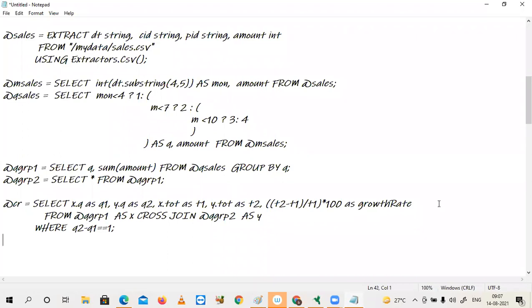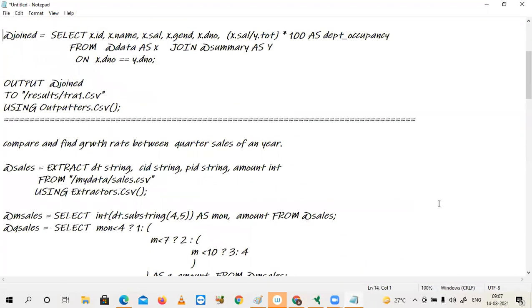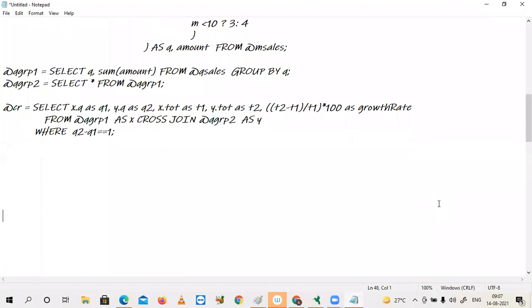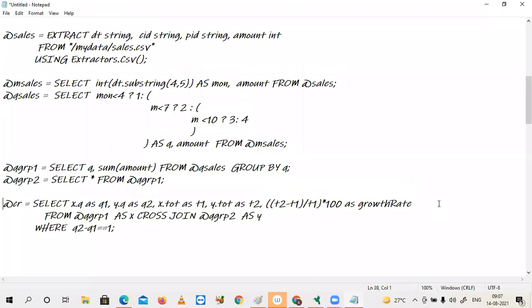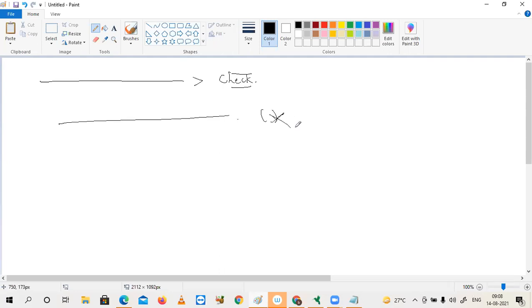Sir, one question, please. In SQL, the order of execution is that after the where clause, the select list will execute. Here you are mentioning Q2 minus Q1, but only after the where clause will the select list form, right? Not like that. While selecting the rows, in parallel it will check the condition. Suppose it has retrieved the first row; after that it checks the condition. If the condition is true, it will take it; otherwise, it will leave it.